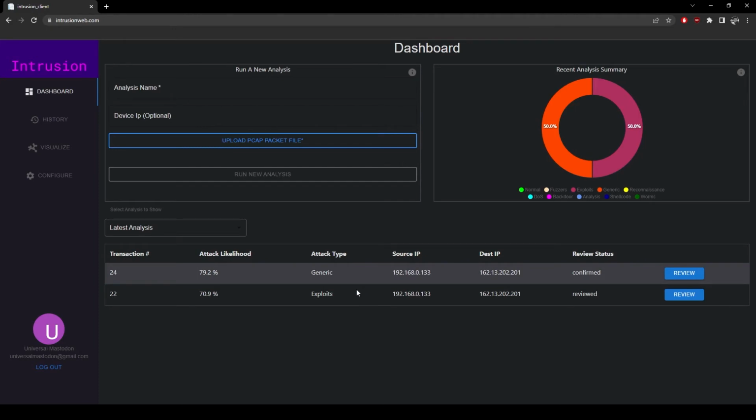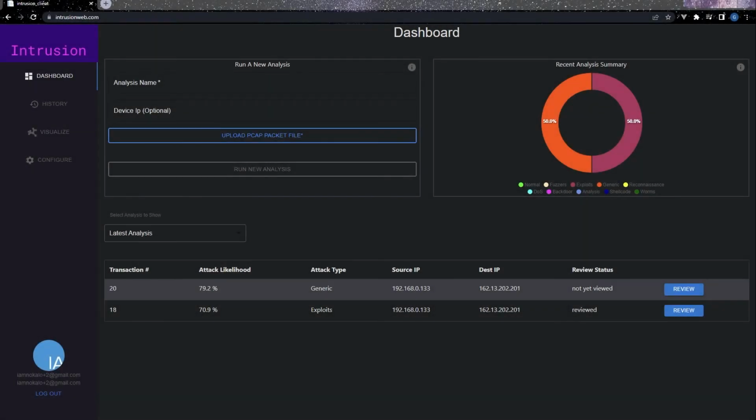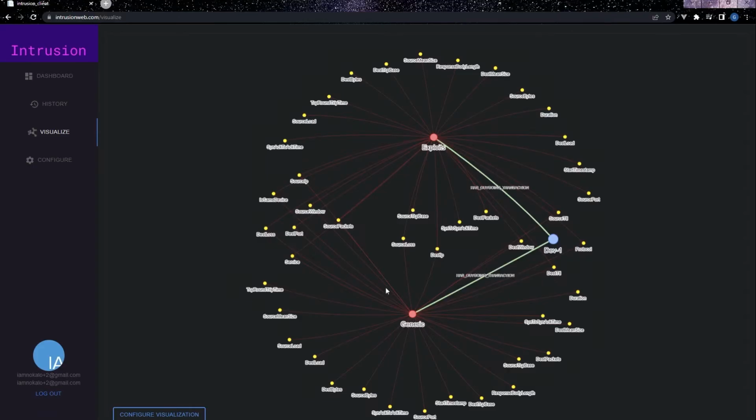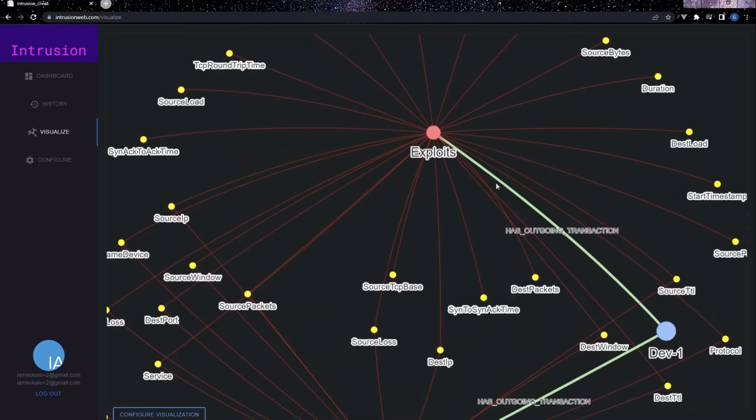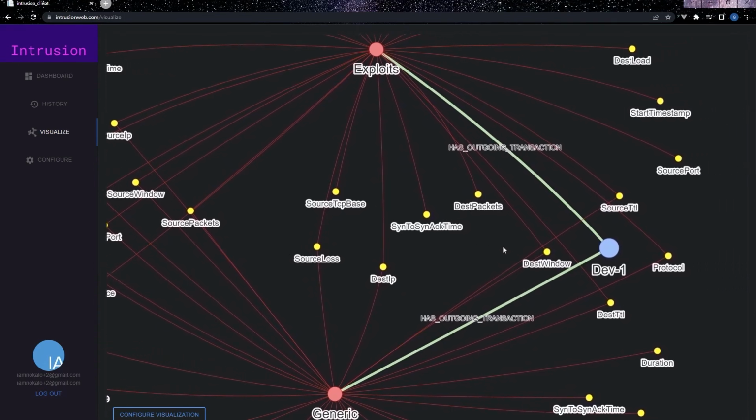To enable deeper analysis into malicious activity that may be taking place in a user's network, we provide a tool that allows users to visualize potential attacks. This can be accessed by clicking the Visualize button on the sidebar. By default, we are showing a visualization of the predicted attacks in the most recent analysis and any configured devices that were affected. In this visualization, the larger red nodes represent malicious transactions, the smaller yellow nodes represent the features of those transactions that have been extracted from the network traffic data, and the larger blue nodes represent a device